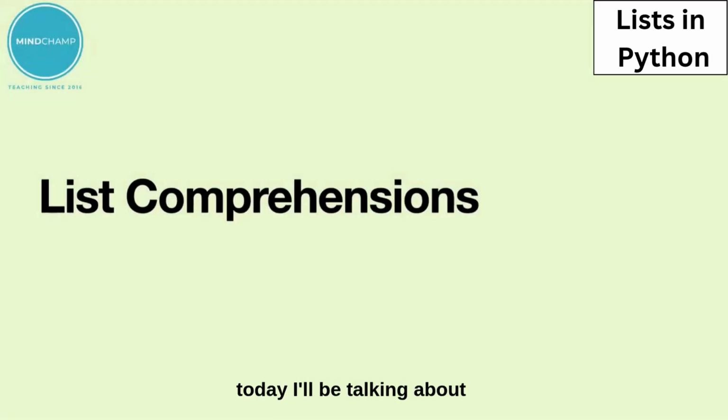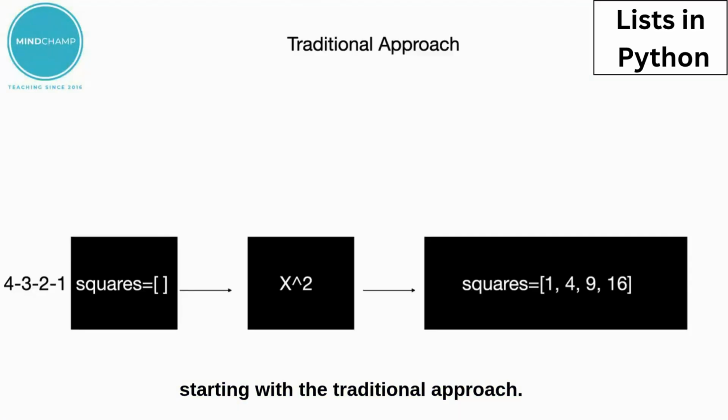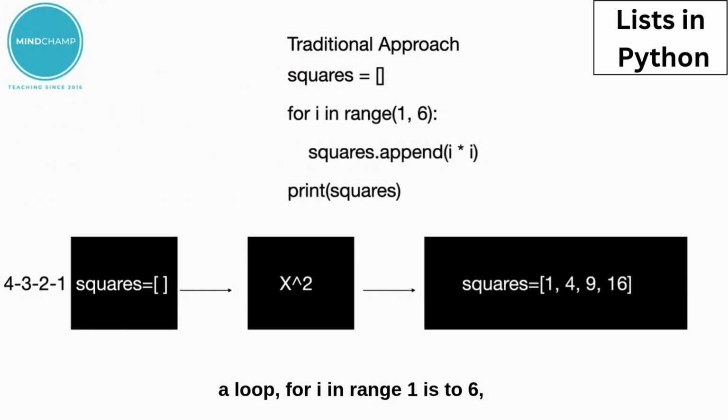Hello everyone. Today I'll be talking about list comprehensions, starting with the traditional approach. So here we have an empty list to store the results, and we have a loop: for i in range 1 to 6, we loop through numbers 1 to 5. Then the function squares.append(i * i). For each number i that the user will be inputting, it should calculate its square and add it to the